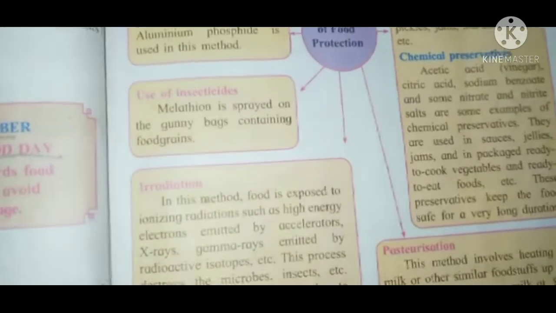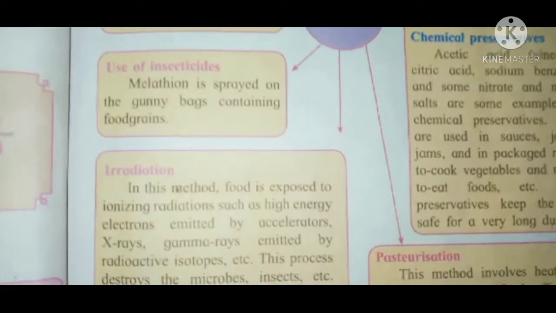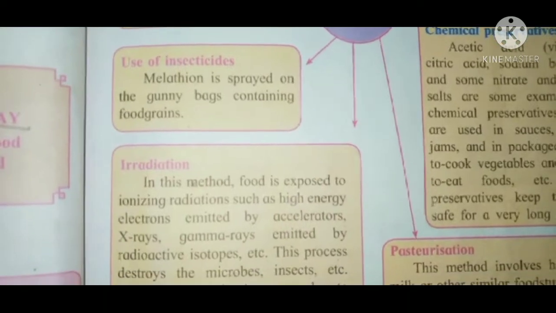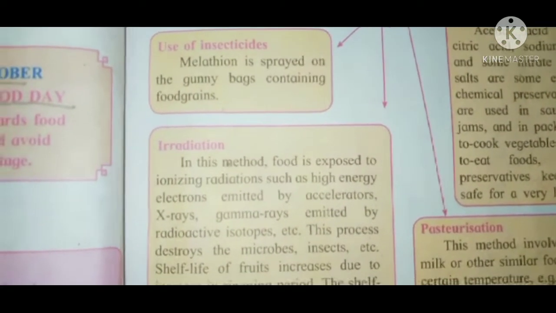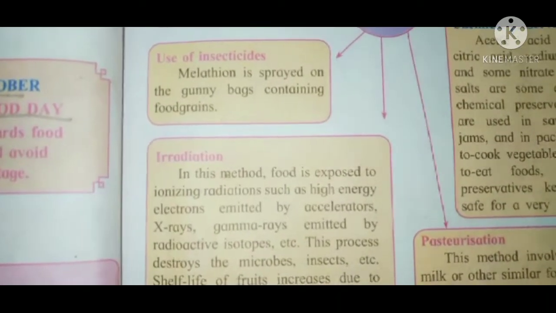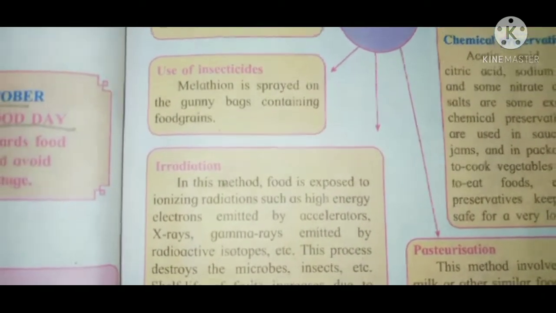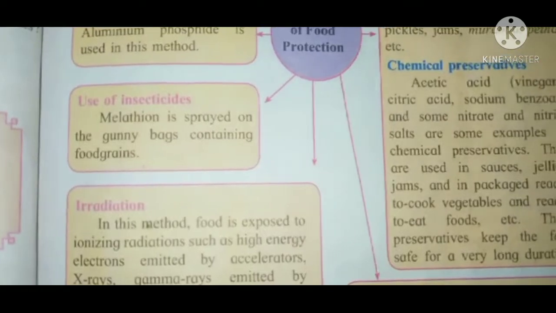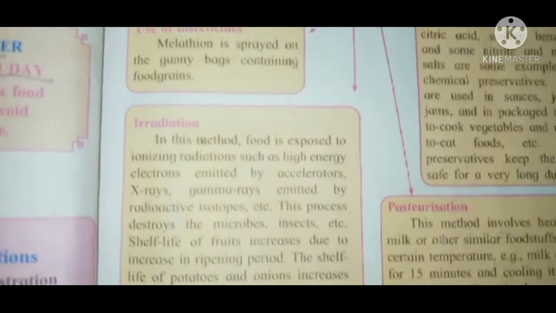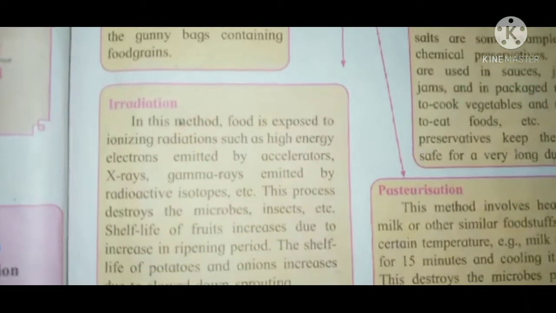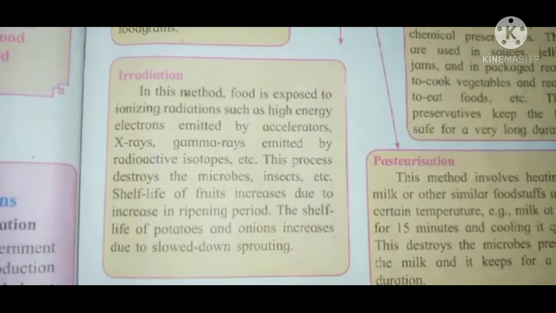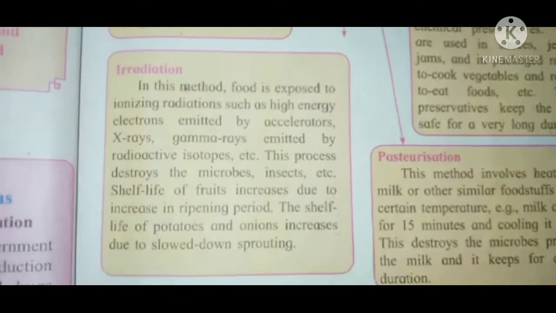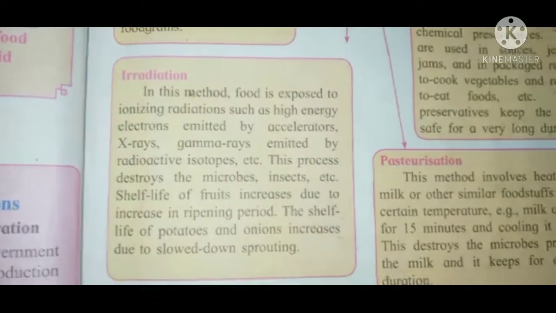Now, use of insecticides. Malathion is spread on the gunny bags containing food grains. The bag which contains the food grain cereals, on that what is spread? Malathion. Okay. Now, irradiation. In this method, food is exposed to ionizing radiation such as high energy electrons emitted by